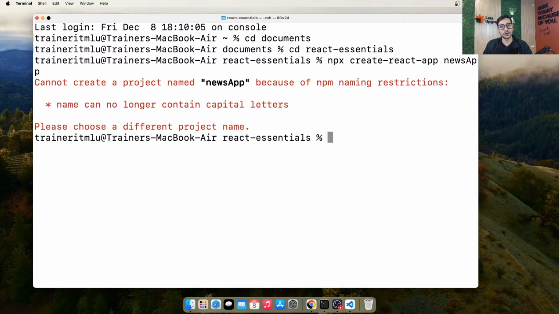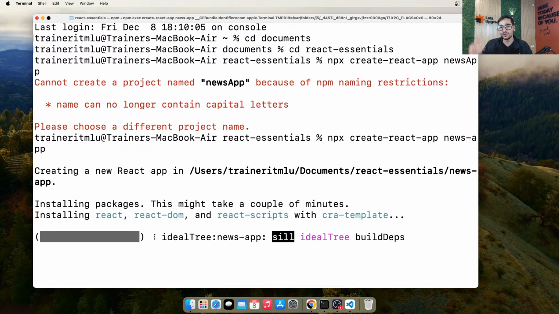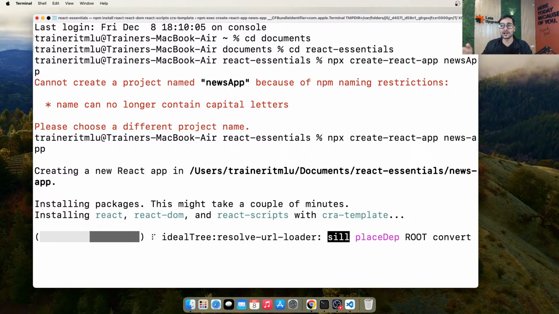And let's go. Oh, I have a capital letter. And again, guys, remember, React project should not contain a capital letter. Okay, so let me create it again. So let me simply go ahead and put news-app. It's my habit actually, to make uppercase. Whenever I feel I have a new word, I make it uppercase because of the coding logic. That's a habit I have. Okay, so anyway, it's all good.